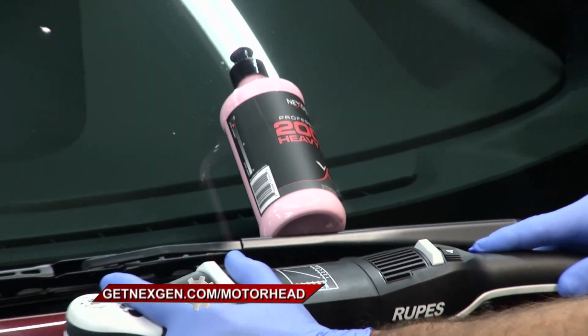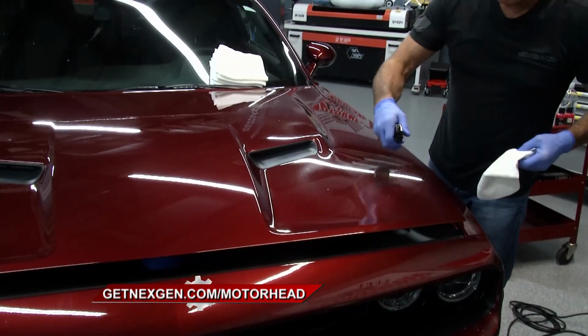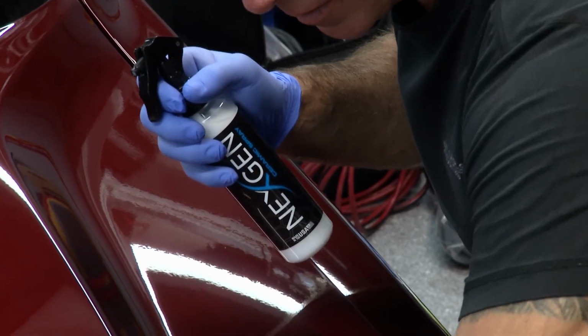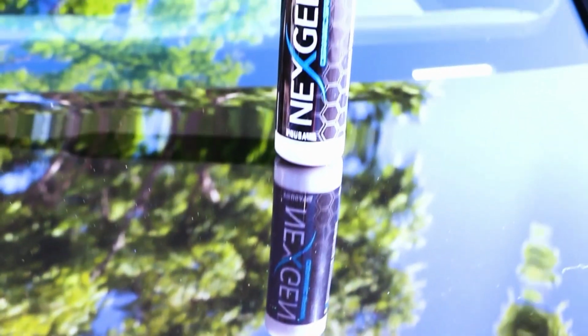Well, they could obviously bring it to a shop like mine, but it's going to cost a good bit of money. Our detailings for ceramic coating start around $1,500 and you can go up easily to $4,000. Or for 20 bucks, they can get a DIY product, the ceramic spray from NEXGEN, and it's going to protect their car for many months. A bottle like this will last easily for a year to do their car 4 or 5 times and really more. And I think it's a good alternative for someone to save a lot of money and be able to